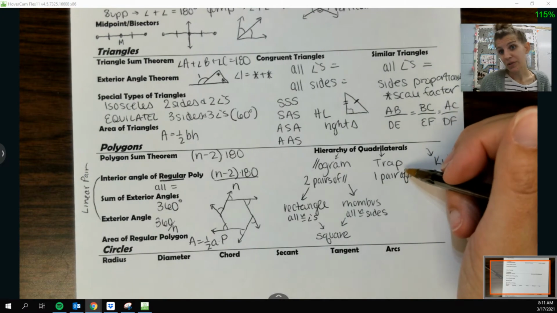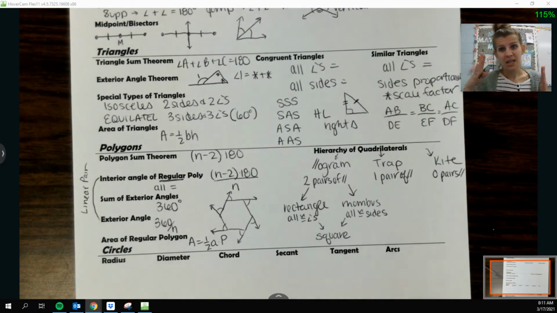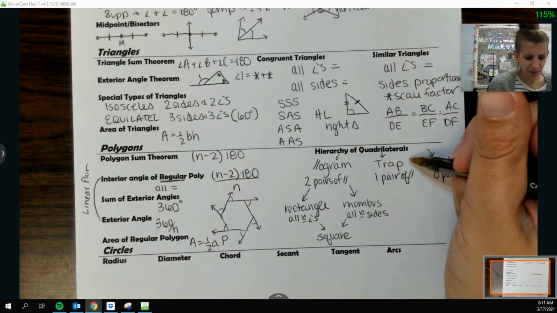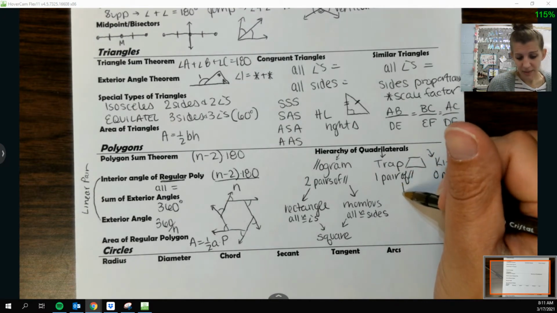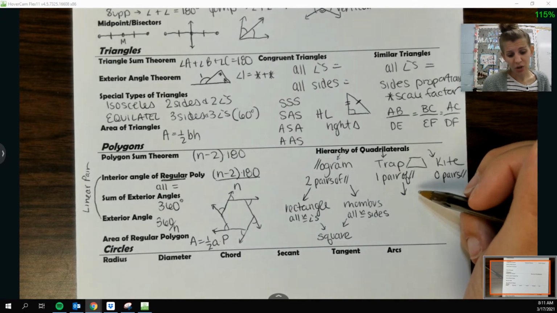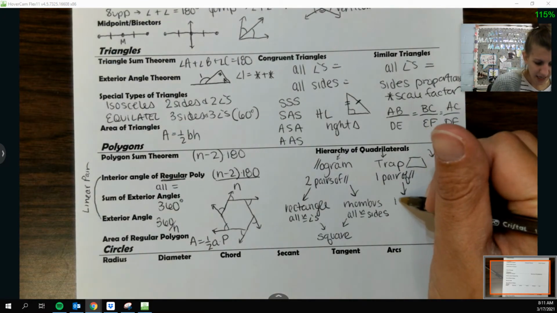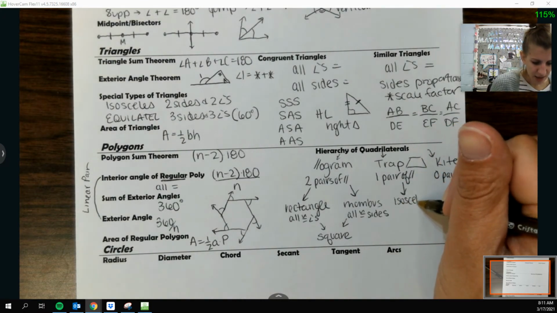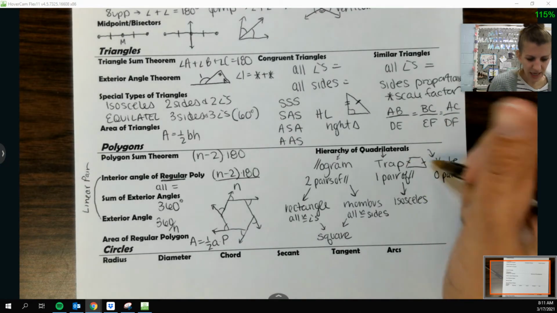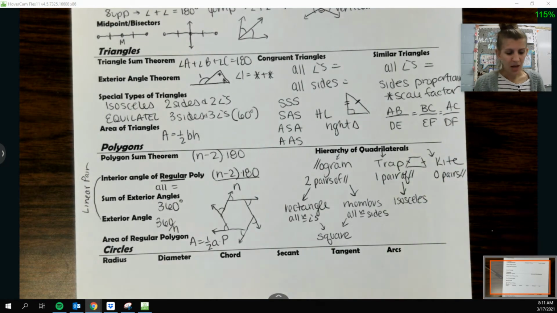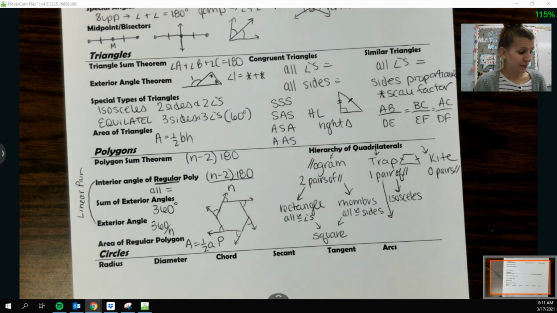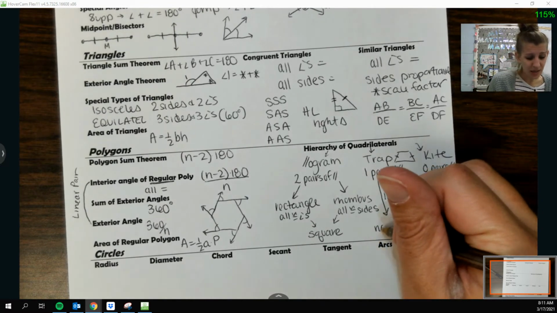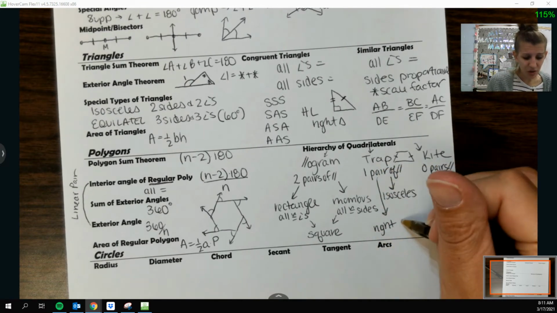Now, if you're a trapezoid, you only have one set of parallel sides. The probable trapezoid you're thinking of is like this. You can actually be slightly better than just a plain old trapezoid. You could be an isosceles trapezoid, which just means that these legs are the same. So two sides the same, not the parallel ones. Or, I didn't leave enough room for myself here, you could be a right trapezoid, which just means that